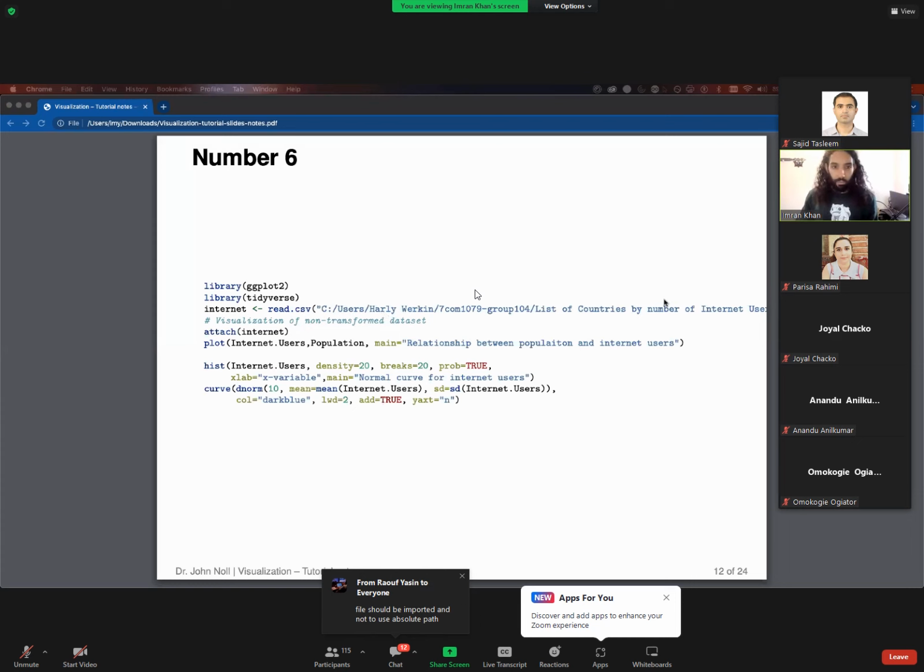This directory doesn't exist. They don't know what they're looking for. So rather, that file should be imported and not use an absolute path. Yeah, you can import it that way. My advice would be to set your working directory to the